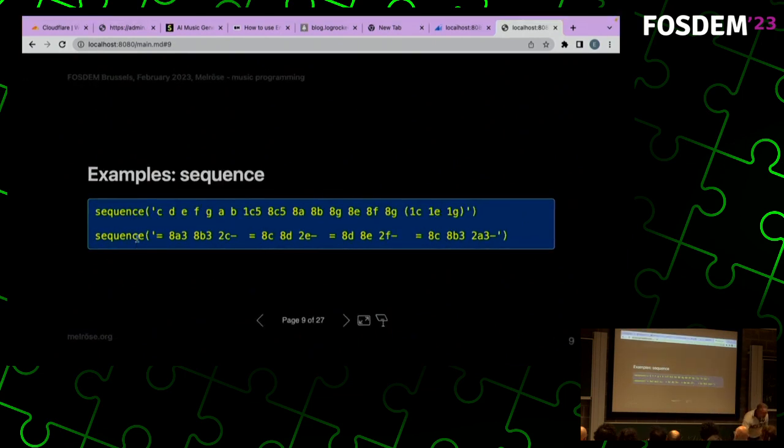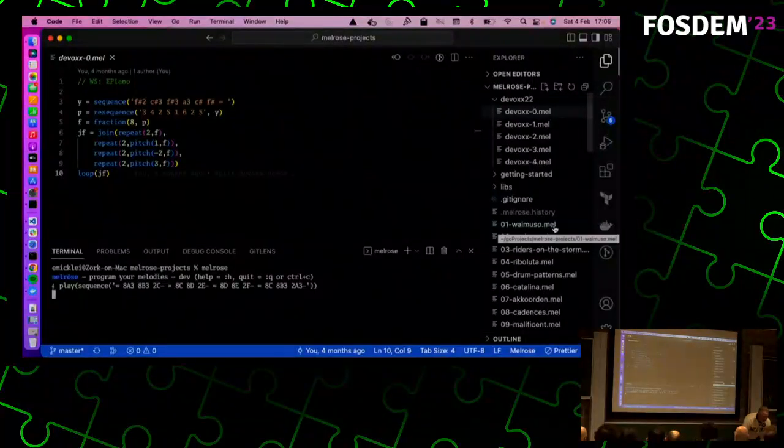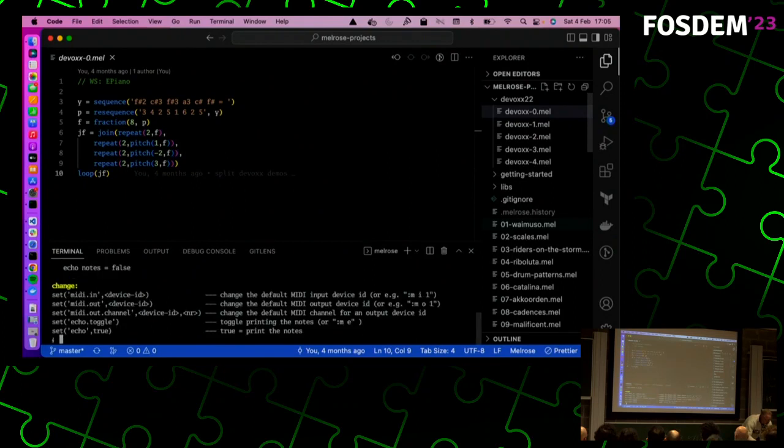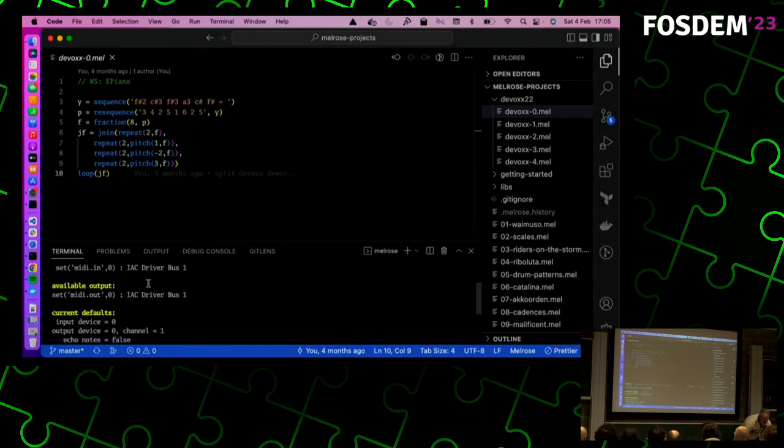I was hoping I could actually play it here. I think I can. Does it work? Of course it doesn't work. Why not? It doesn't know where to find it. I have to set the output device.